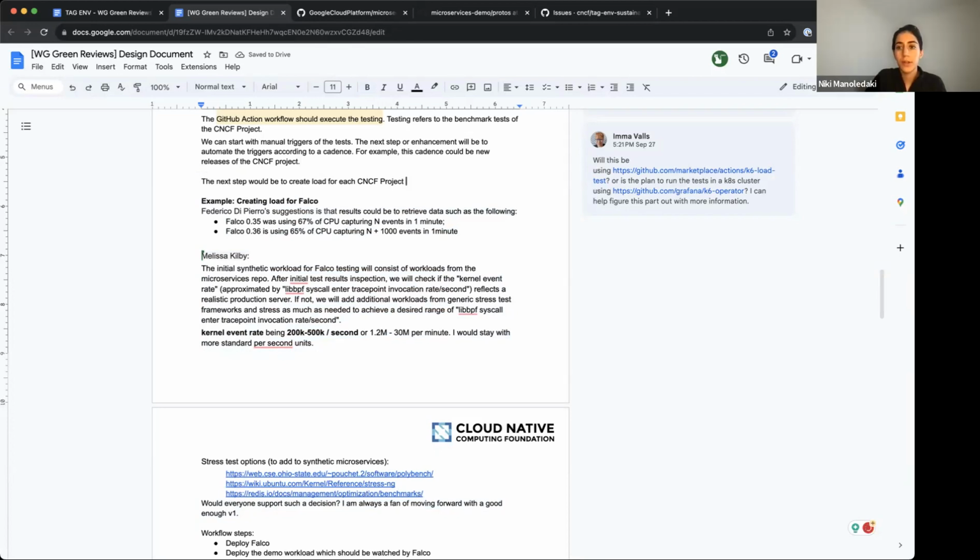Does Prometheus have? Sorry. Yeah, no worries. I was just thinking out loud, but I don't even know how to get these metrics. For example, kernel event rate going from 200K and 500K to 1.2 million. I wouldn't know how to measure it. Does Prometheus measure this out of the box? So we would need some kind of, I don't know, the kernel event rate. Yeah, that's a good point. Let me just